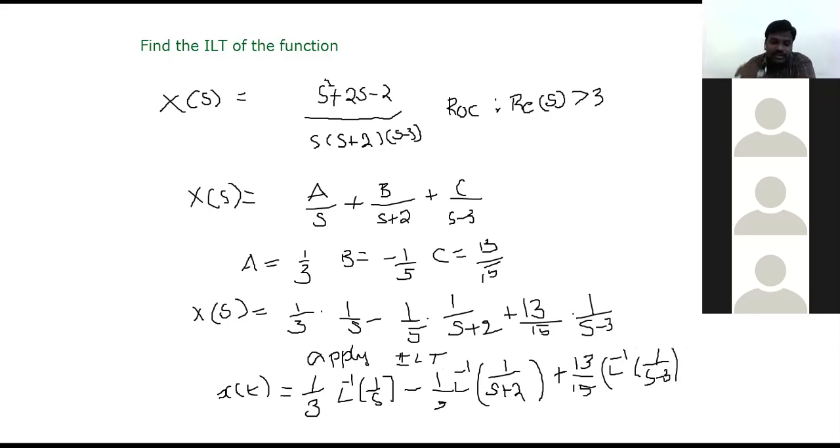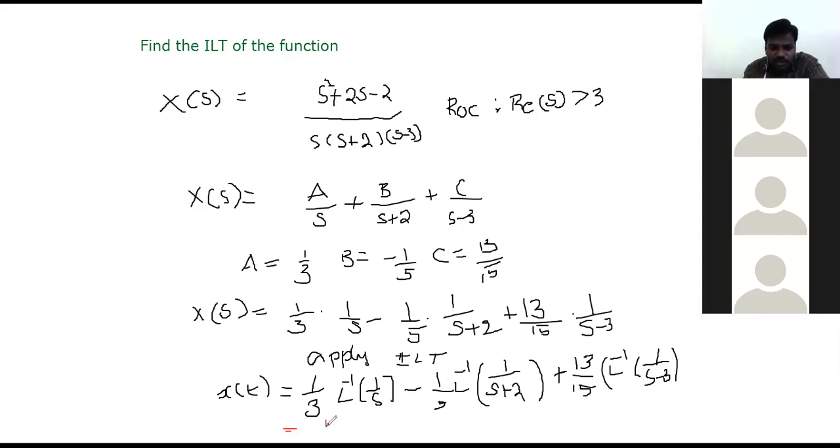See, already these are the standard functions of X of s. Already we have determined all these functions. So what is 1 by s? I think 1 by s is the Laplace transform of u of t, the unit step signal. Already we have taken x of t is equal to u of t, and we have determined that Laplace transform also. And later on 1 by s plus a, I think you will have e power minus a t. So you need to convert those functions to the known functions of x of t. Now, what will you get? Let us see the final answer.